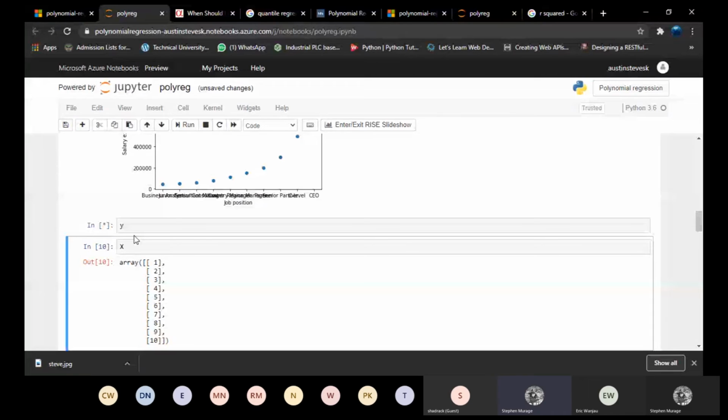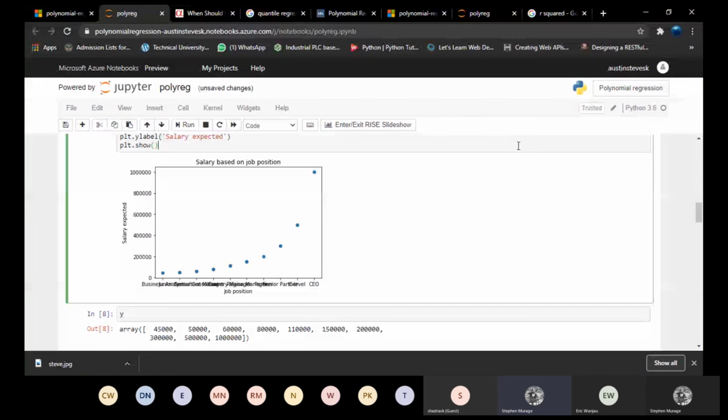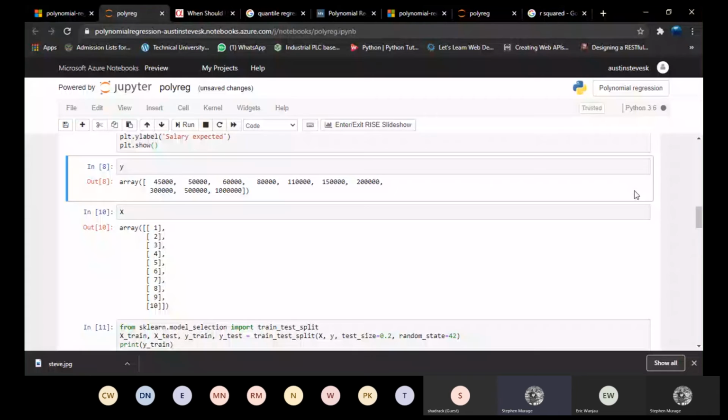So the type should always be an array. If maybe you have a list and you try to fit it into a model, you'll get an error. So that's the reason why I use iloc here, because it should be taking it as an array. So if maybe I was to take it just